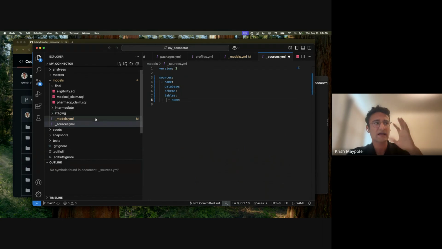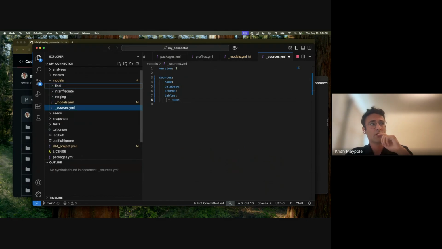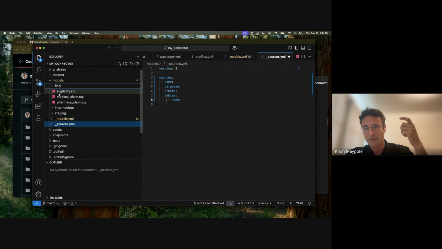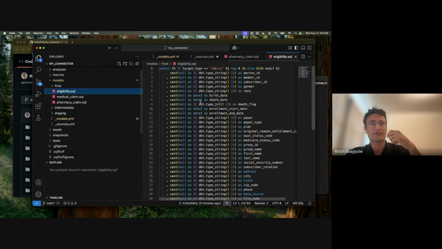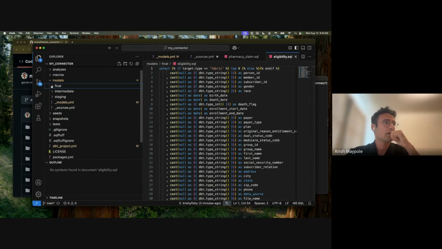So I guess I skipped over something that I want to make sure I address before we source data. You'll see 3 directories that ship with the connector template in the models folder. We've only included models in the final directory. And right now the models are just select statements that create empty tables. In the intermediate and staging directories, we're expecting that you're writing the logic and the transformations to handle some of the examples that we walked through, and then at a higher level to do the task that Coco was describing